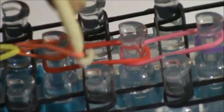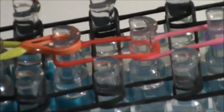So with the orange, do it with the orange, and just fix that a little bit. So yeah, and we're just going to keep going until the end of the loop, and I'll show you when I'm done. Okay, now that I'm done with looping all these bands, I'm just going to put another layer of